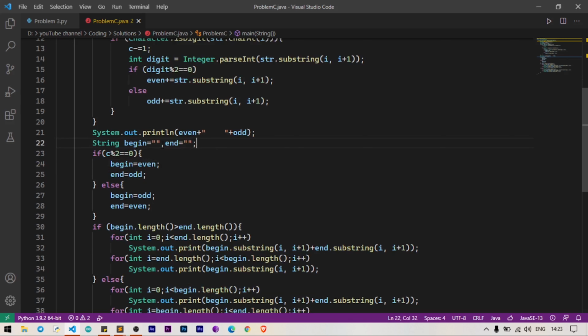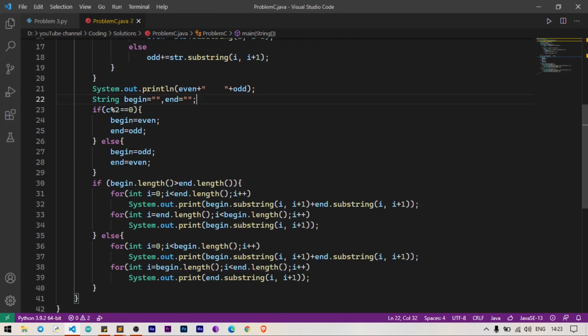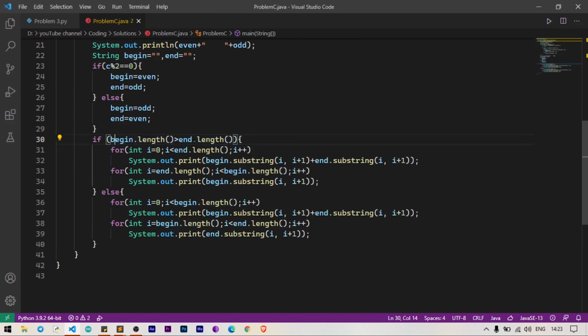And again we created begin and end strings. In Python we created begin and end lists and even and odd lists, whereas in Java we are creating strings. Next, if C is even, then we are going to consider even as begin and odd as end. If C is odd, then we are considering odd as begin and even as end. And again, we are checking the length of begin and end.